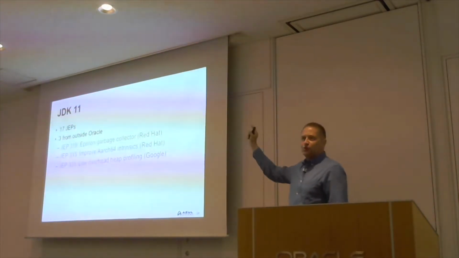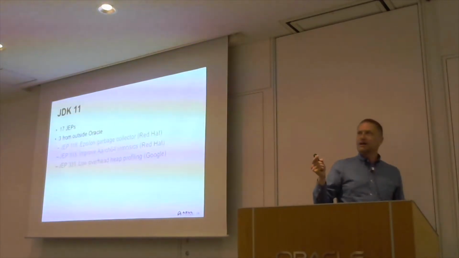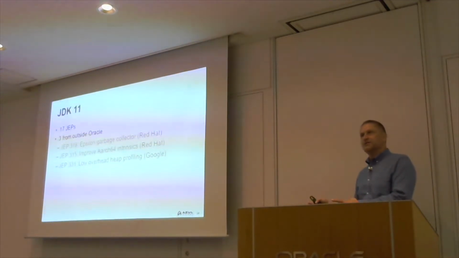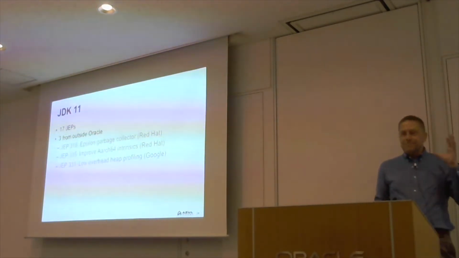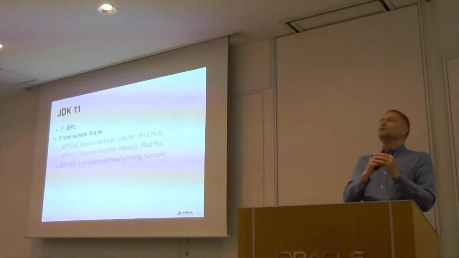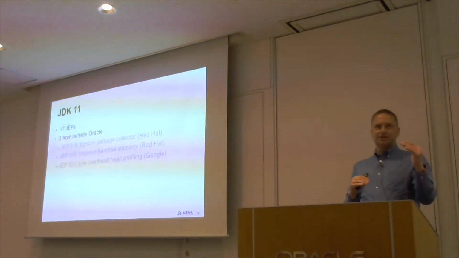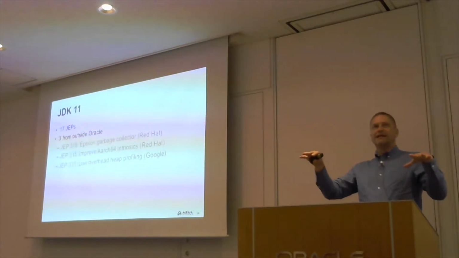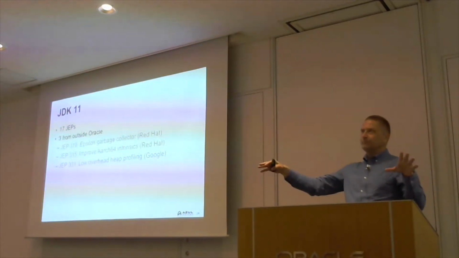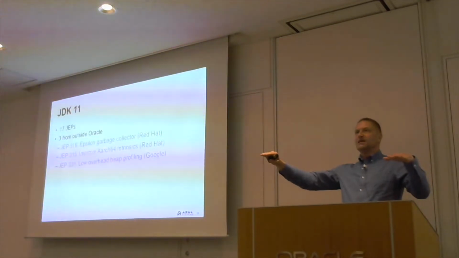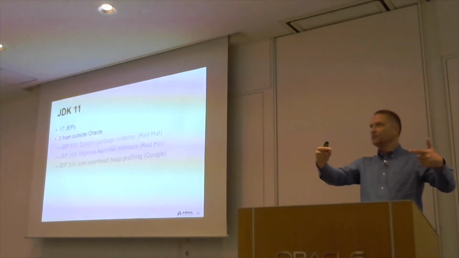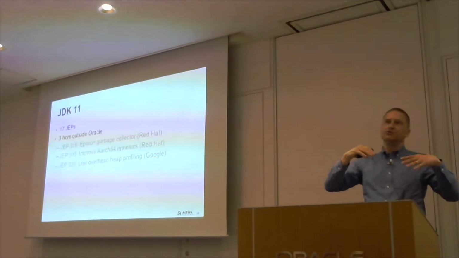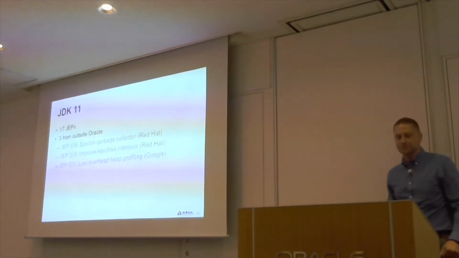So there is the Epsilon garbage collector. The Epsilon garbage collector does not collect garbage, which is a kind of interesting idea for a garbage collector that doesn't do anything. The reality is that it's there to enable you to test other garbage collectors. So you can run your application with the Epsilon non-collecting garbage collector. As long as you don't run out of memory, you can see your performance level. Then you put your new garbage collector in and you do the same thing, and you see what the delta is between the two. You can see what the impact of your garbage collector is.